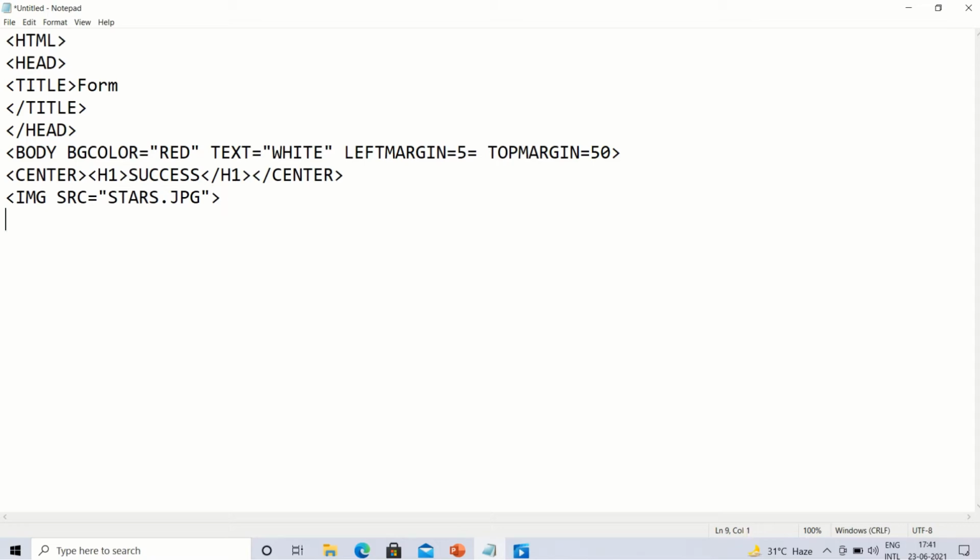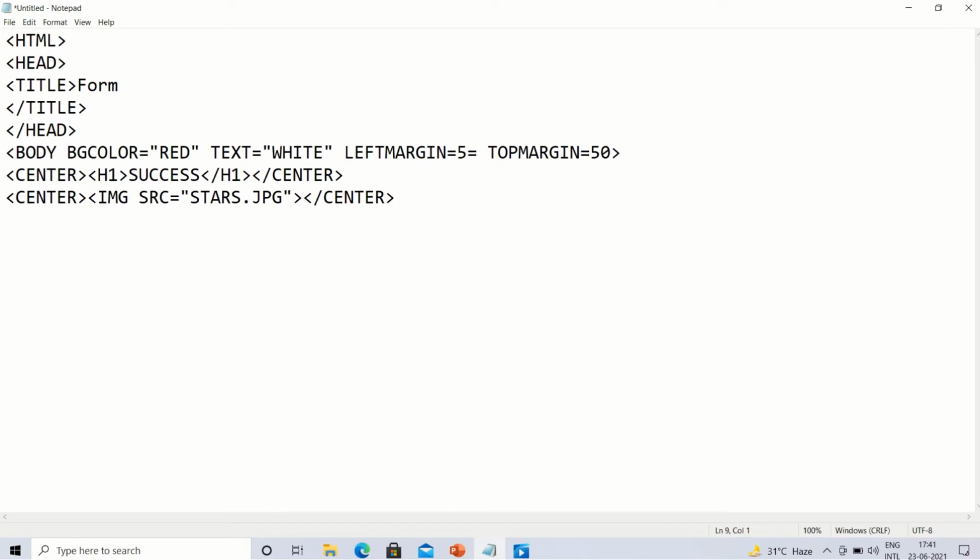Now in the next line we can give some more text, and if we want to make this image also centered, we can give here the center tag and at the end also /center. So this way the image which we have taken will be centered.